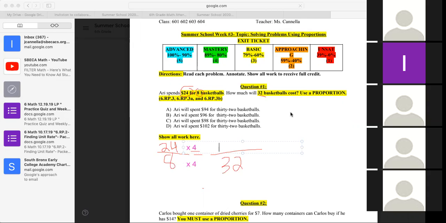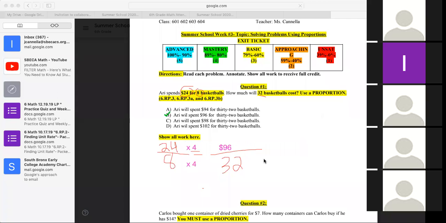How much is it? $24 times 4. 96. $96. So what answer should you pick on the paper? A, B, C, or D? B. B, $96. Now, the third question that's not on here is going to ask you what is a proportion